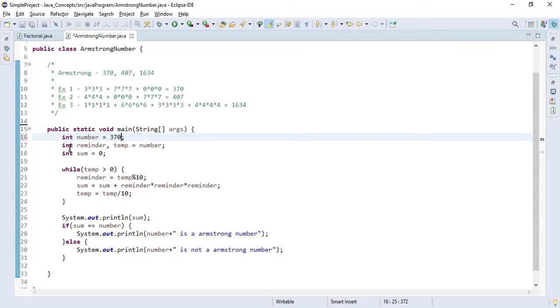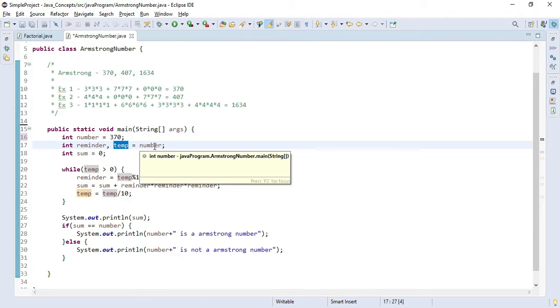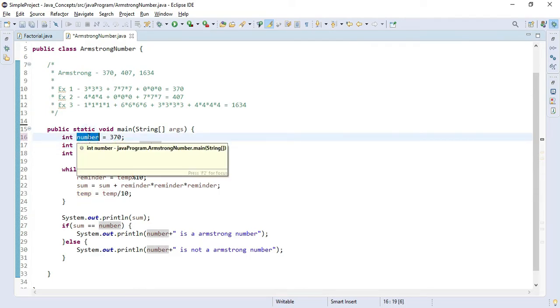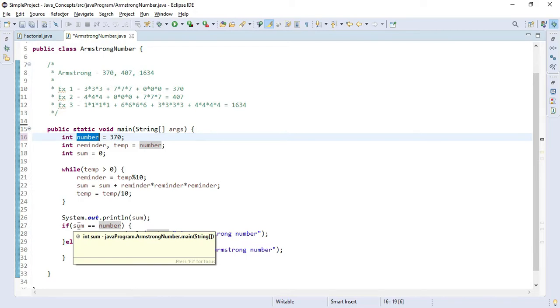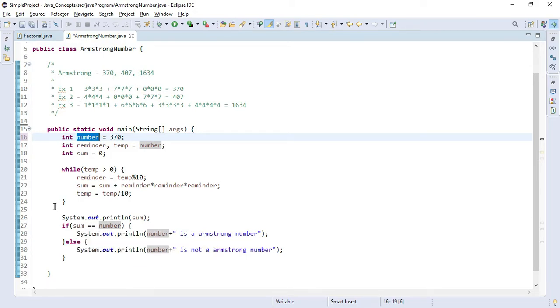After that, I have created one more variable called reminder that will be required in the processing, and after that I have created another variable called temp, and I have saved my number value in the temp variable, so that at the time of processing we will change the temp variable and the number will stay the same, so that it will be easy for us to compare it with the result.